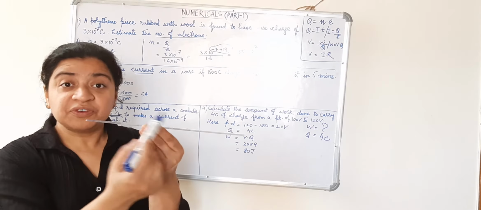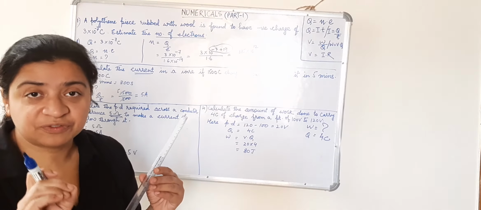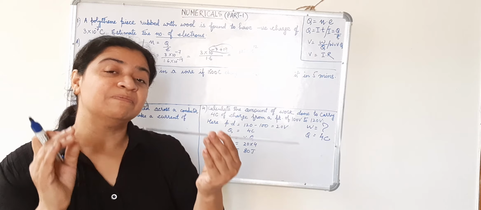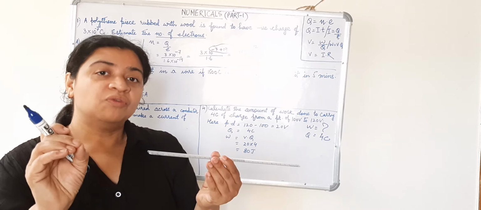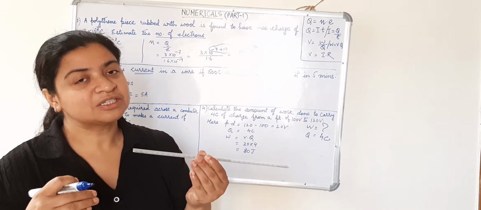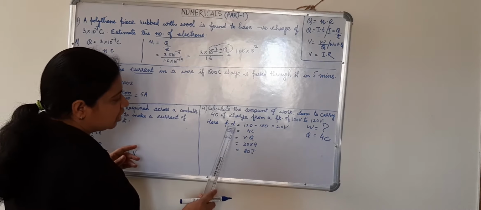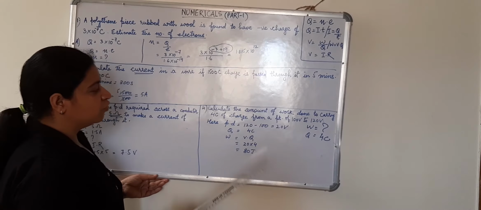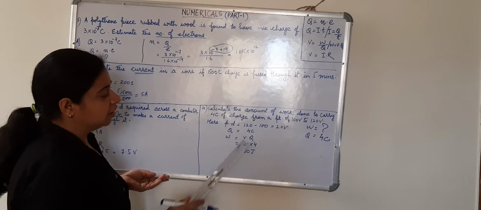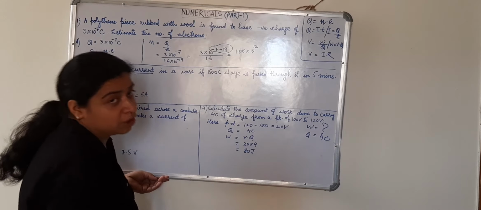To carry a charge from a point of 100 volt to 120 volt, what is the difference? As is clear from this word, V is equal to potential difference. So difference can't be two values. Difference will be when we subtract a value from another value, and the result of that subtraction gives us the difference between two values. So potential difference here, as we have to move the charge from 100 to 120, the bigger value is 120. So we subtract 120 minus 100, that is equal to 20 volt.